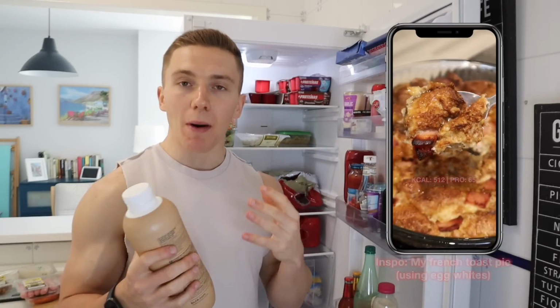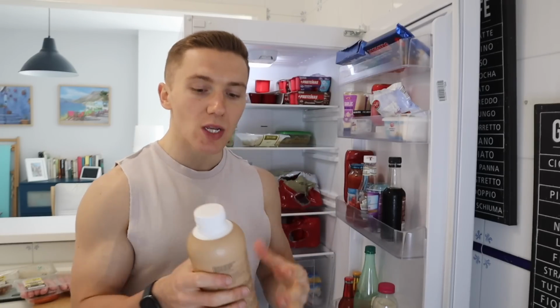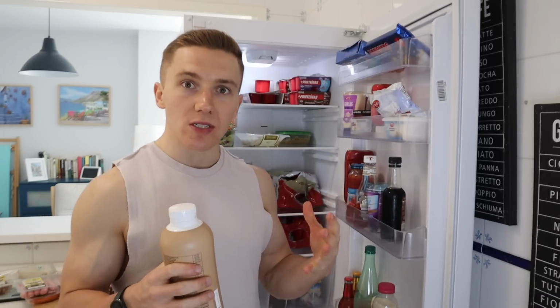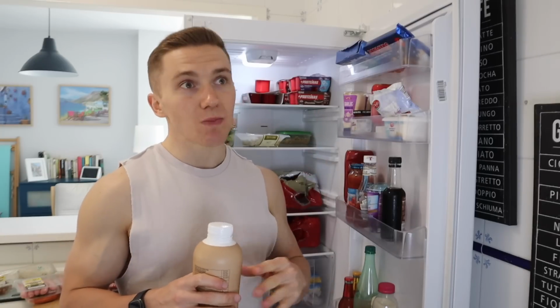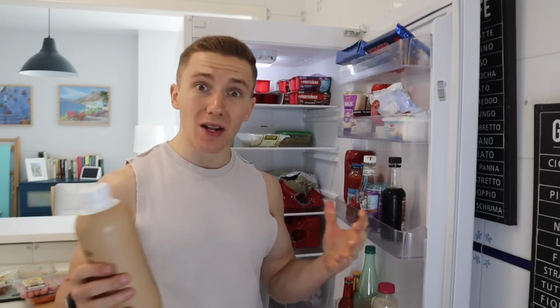I put them in my protein porridge as well, which is such a handy way to make protein porridge a lot more voluminous, because porridge is quite calorie dense, but when you add even 100 ml of egg whites to your porridge bowl, it does wonders to volumize the meal itself, to add more protein to it and keep the calories down as well, because 100 ml of egg whites contains 11 grams of protein and only 45